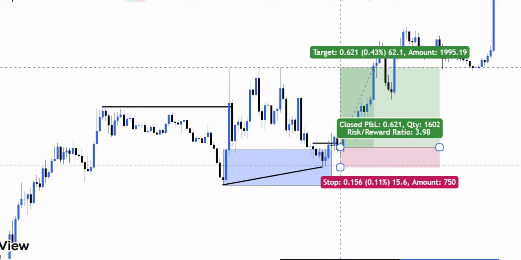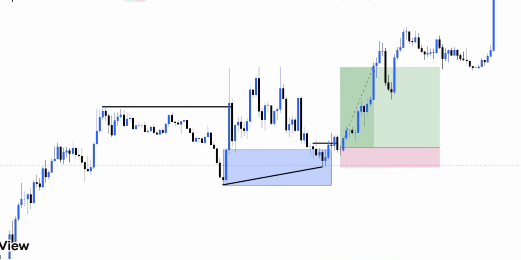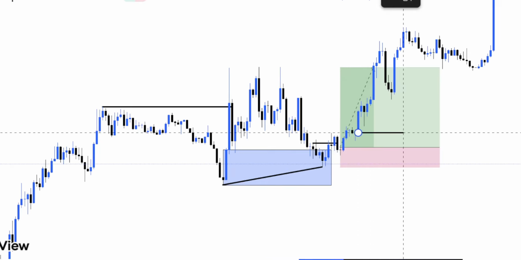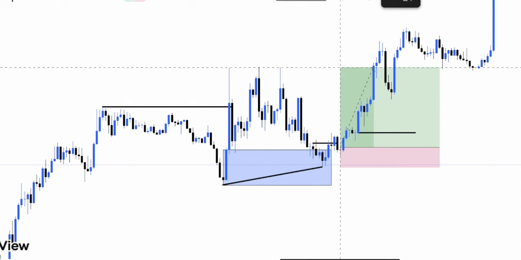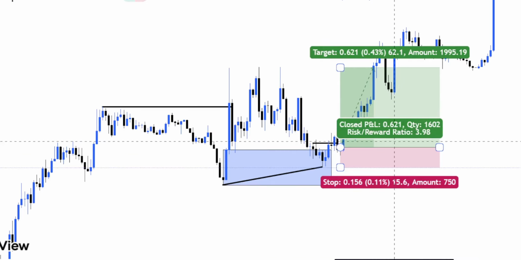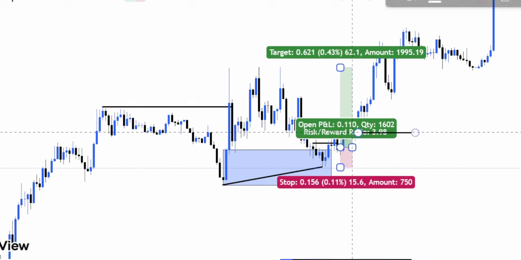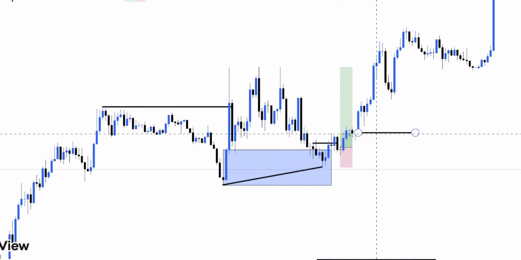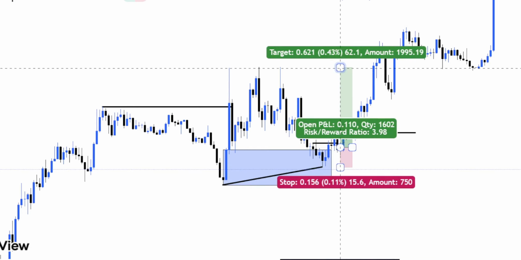You can either target the recent high, or a better way to do this is you can trail every 15-minute or 5-minute. You can trail your stop every strong bullish candle. Okay, this was a strong bullish candle, so we will place our stop loss below it, and we are at profit